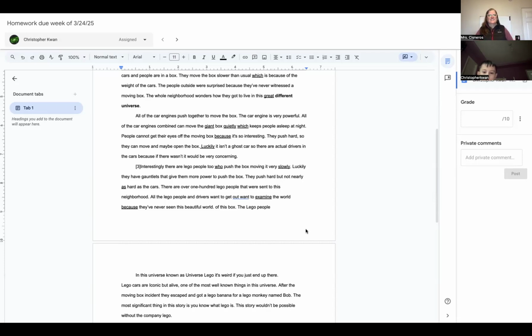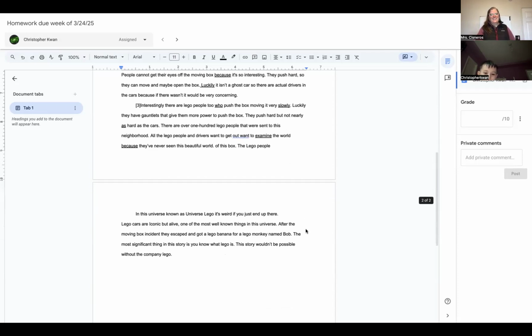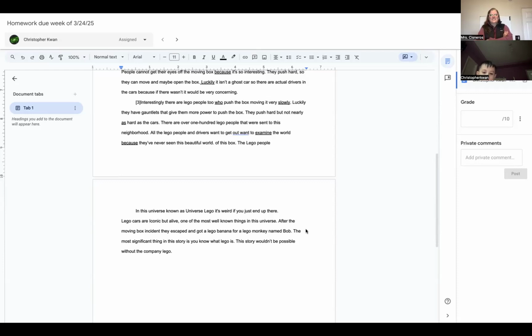Luckily, it isn't a ghost car, so there are actual drivers in the car because if there wasn't, it would be very concerning. Interestingly, there are Lego people too who push the box, moving it very slowly. Luckily, they have gauntlets that give them more power to push the box. They push, but not nearly as hard as the cars. There are over 100 Lego people that were sent to this neighborhood. All the Lego people and drivers want to get out to examine the world because they've never seen this beautiful